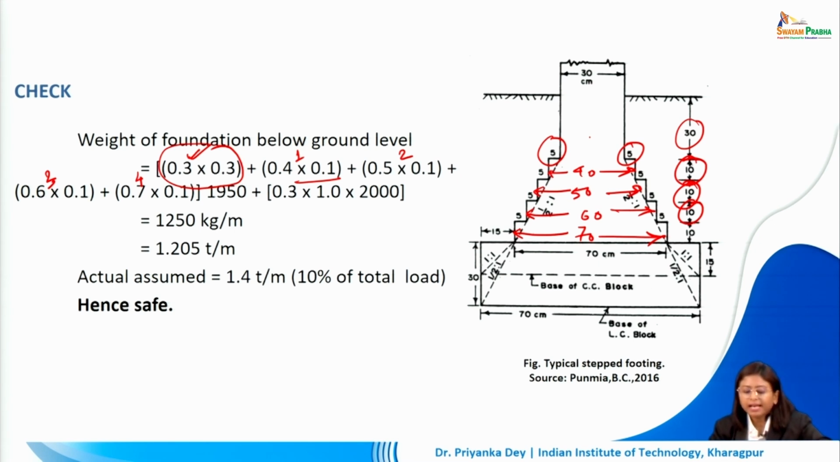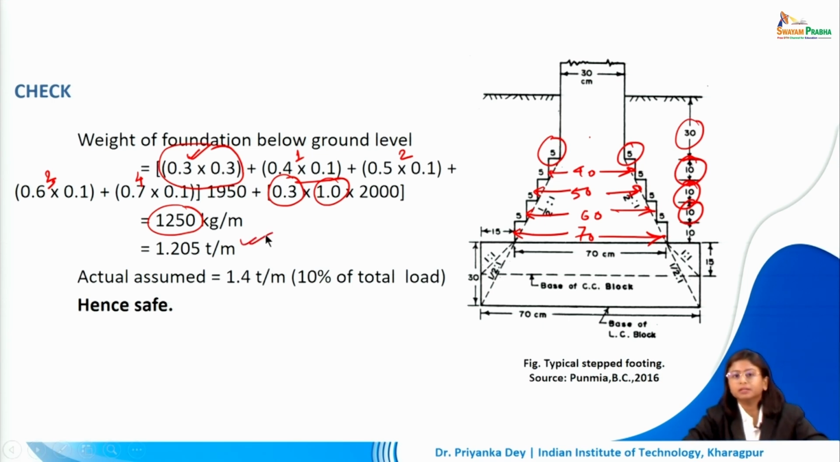Other than that, we have a concrete portion, which has a unit weight of 2000. So that is going to be 30 centimeter cross 1 meter. We've calculated that the depth is going to be 30 centimeter and the width is going to be 1 meter, which is capital B. That multiplied by 2000. So we're going to be able to come up with a total unit weight of the existing foundation, that is the designed foundation, and that's coming up to 1250 kg per meter or